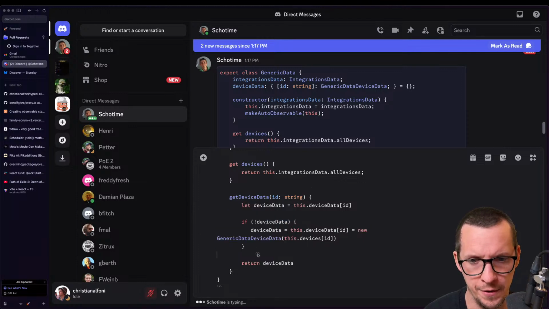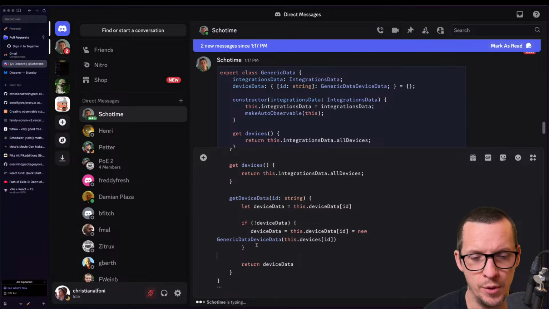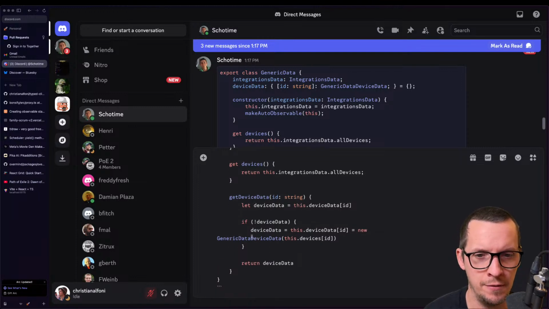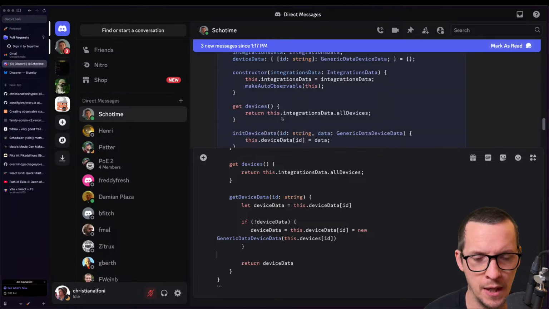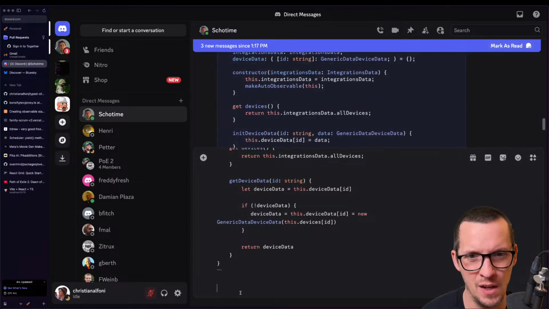Well, that's out of context. But yeah, the point is that you don't init, you just get it. And if it's not there, create it while you're getting it. Because then in the component,